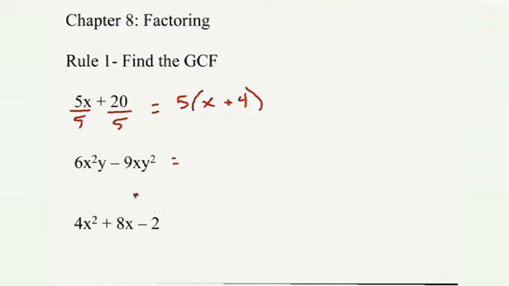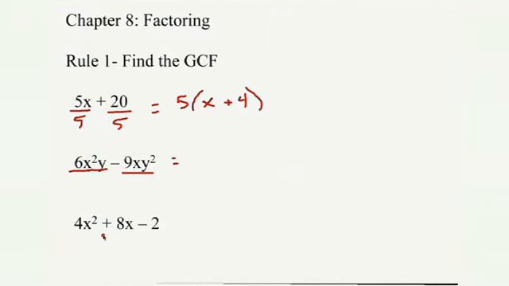Bill, this sometimes gives students a lot of trouble. When you look at these 2 terms, and we're trying to find a common factor in both of these, what do you see that's common in both? Well, I notice that there are x's in both places and y's in both places. So the question I'm asking myself is which power of x and which power of y can I factor out? And the answer to that question is when you're factoring, you're looking for the smaller of the 2 exponents. That's what you can factor out. If both terms or all 3 terms all have the same exponent, then you can factor that exponent out.